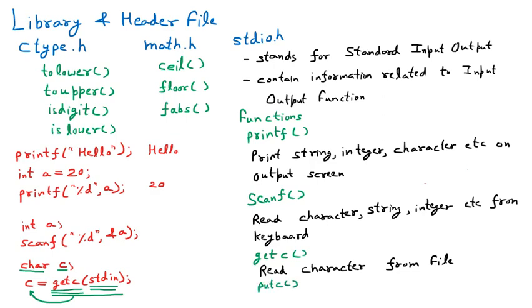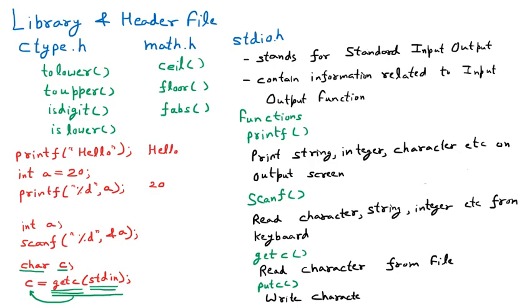Just like we are having scanf and printf, scanf for taking the input from the user screen or the keyboard, and printf is going to print on the user screen. Similarly, we are having getc and putc. getc is going to take out the character from the file and putc is going to print the character. Print means write. Obviously in the file we cannot print, we can write. So writing the character on the file. So we can say that putc means write